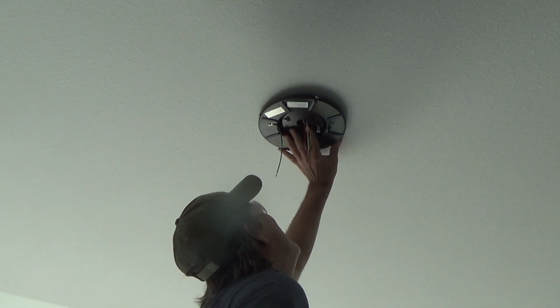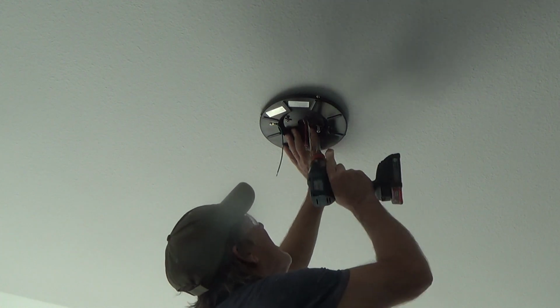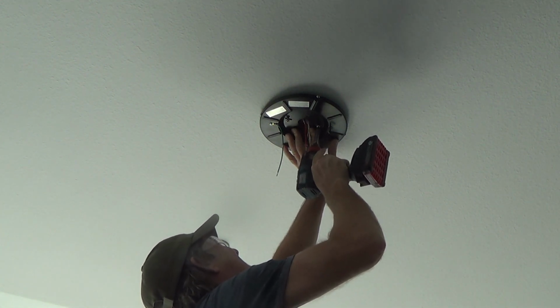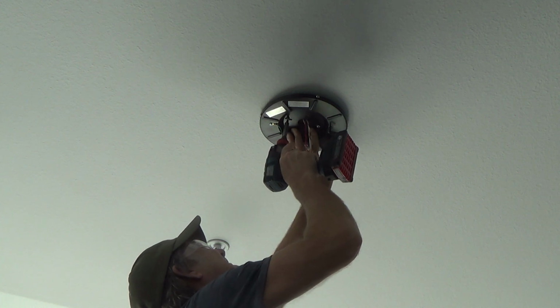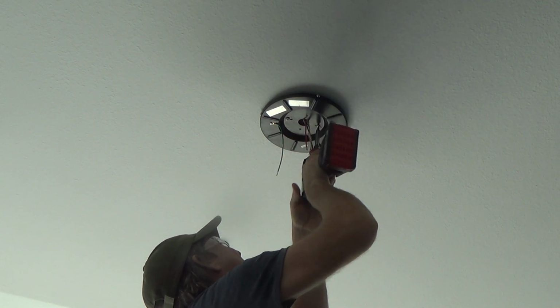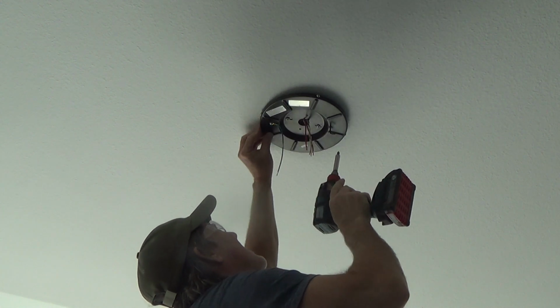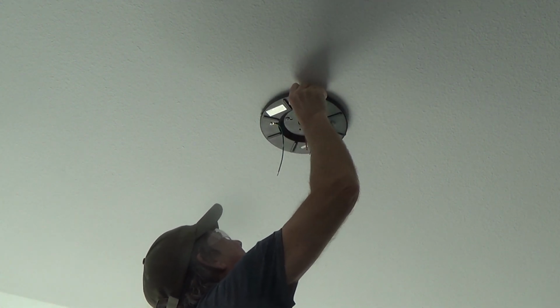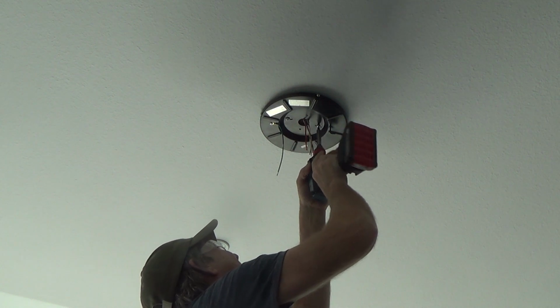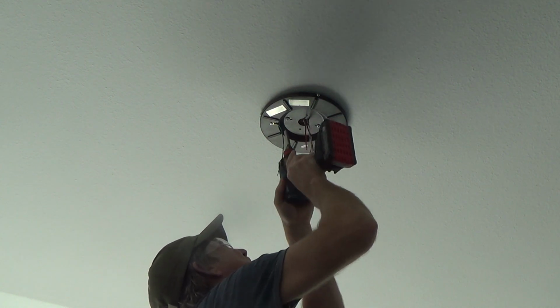Okay. Jeez. And I'm pretty much centered right about there. Okay. Okay. And, oh, I believe that's where it's supposed to be. It seems a little sloppy there, but